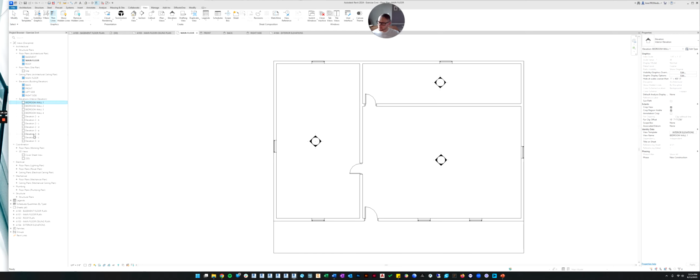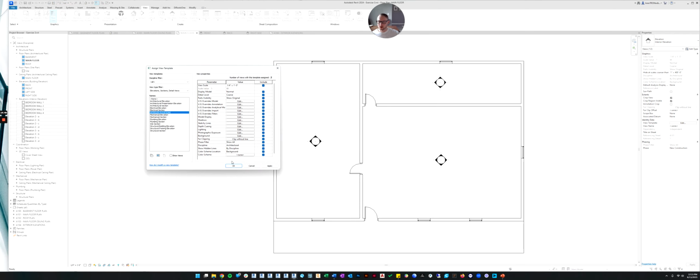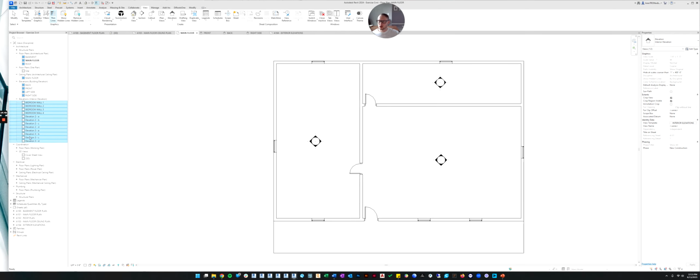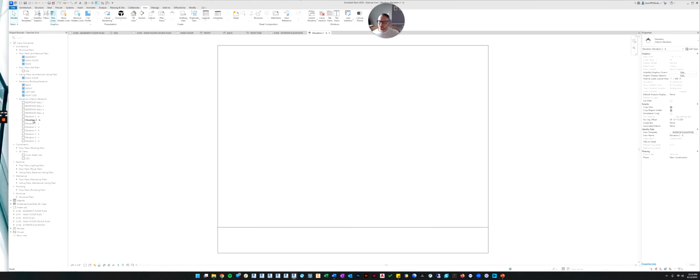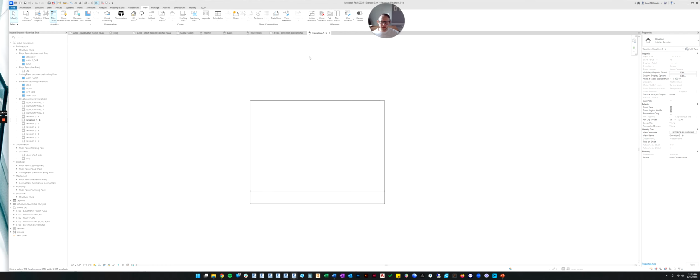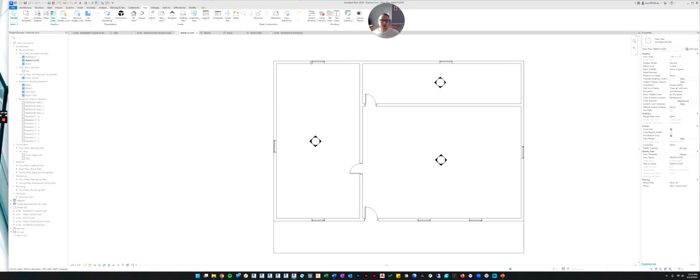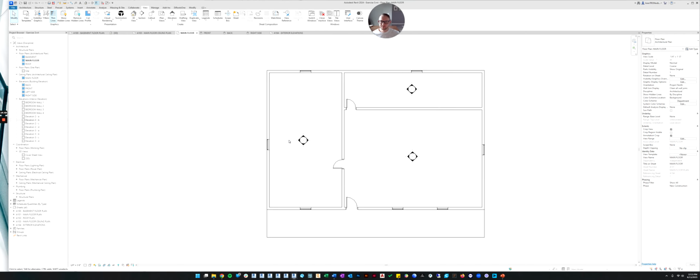Now with that in mind, you don't have to do each view one by one. I can come over here, I can select the first one and hold Shift down. Just highlight the first one, hold down Shift and click on the last one, and it will highlight all of them. Now if you go over here, it's showing you the view properties for all of the views that we've selected. So now over here, we can click on View Template and we can assign the interior elevations to all of those views. So now if I click on any of these views, you can see that the level is not showing and the reference planes aren't showing. So that will save you a ton of time knowing that.